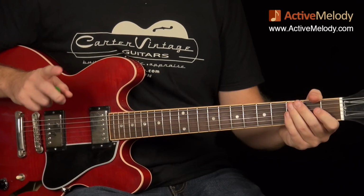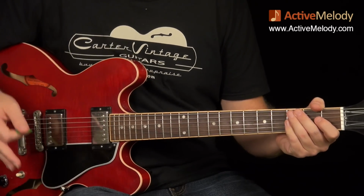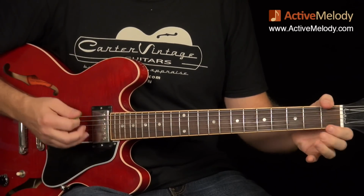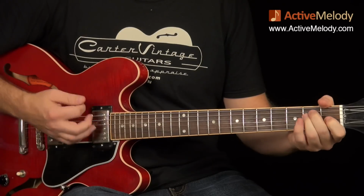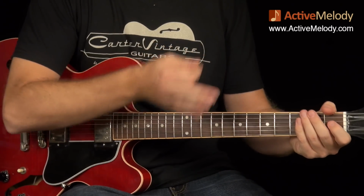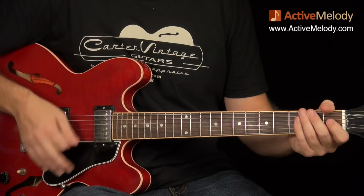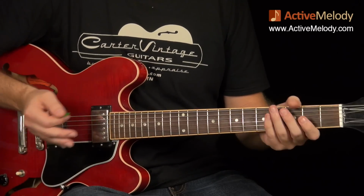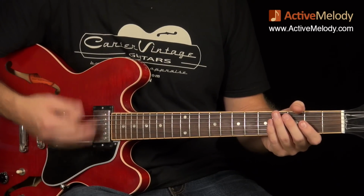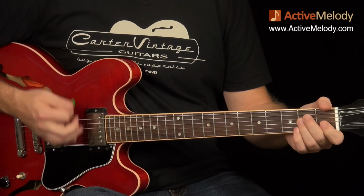Now the thing to pay attention to is my right hand. Watch the fact that it never breaks motion. And I've said this in a lot of videos, but that's the key to playing rhythm and staying in a groove. Even though I'm switching between playing a rhythm part and a little lead part, this never changes. I'm jumping in at different points here like this, but the motion never changes. Okay? So let's look at measure 1 and 2 again. So we have...